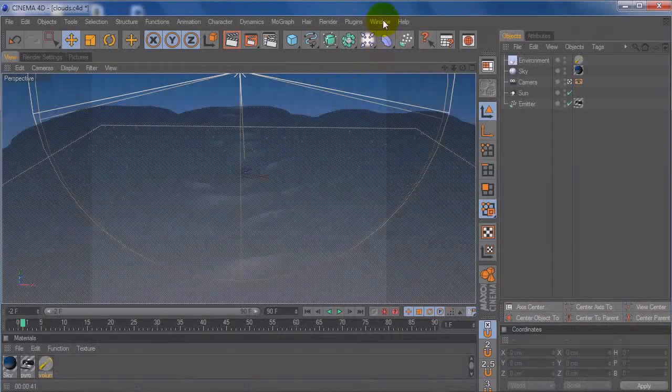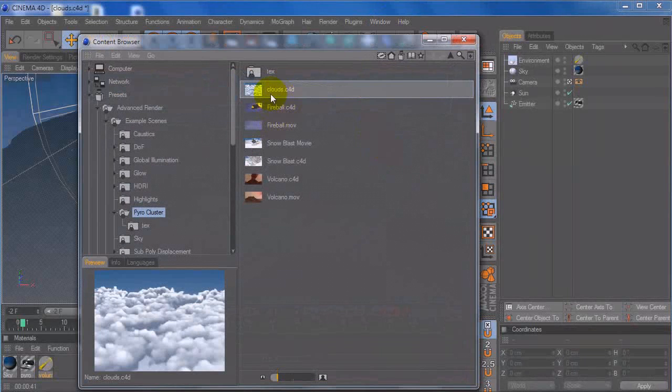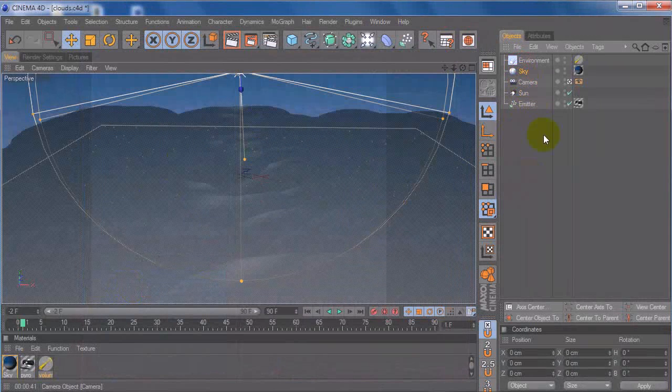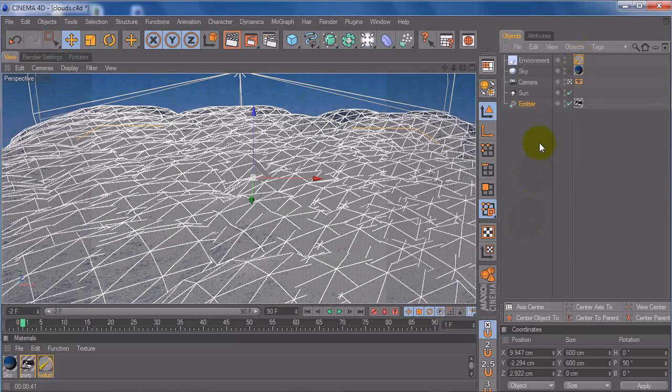Alright, so we've got our scene. I opened up the preset for clouds inside the Pyrocluster folder inside the Advanced Render Example Scenes. And it's a pretty simple scene. We've got a sun, sky object with a material applied to it, our environment and emitter with our volume tracer